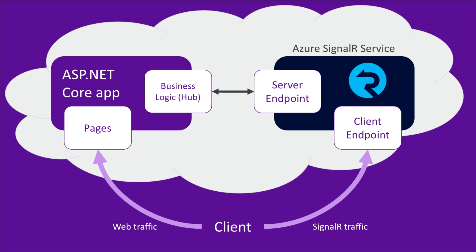And so a couple months ago, we came up with a new service called Azure SignalR Service that allows us to decouple the connections from the ASP.NET Core application, so that now clients actually connect to the SignalR service for their SignalR connections, but they can still hit the regular website, the ASP.NET Core web app, for their web traffic. So quite often, if you just want to support, say, 1,000 or a few thousand SignalR connections, you just have to scale out the connection, but you can still have just one instance of your app running